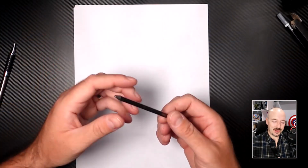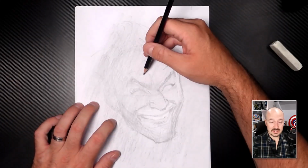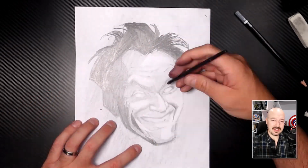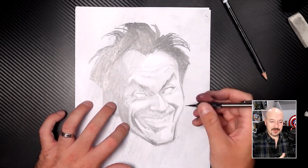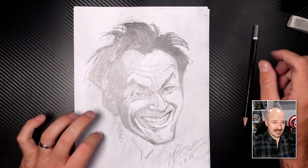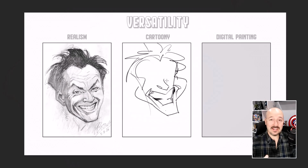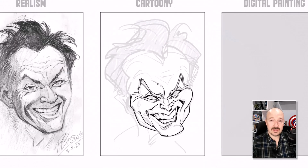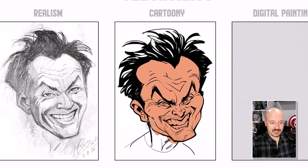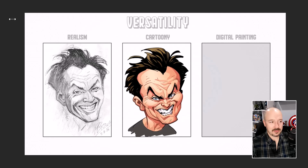I created a tutorial to go alongside this monthly project, so I had a bit of fun with versatility myself. I chose Jack Nicholson as a subject. I wasn't really happy with my life drawing. The cartoony one was pretty fun and wacky, and then I did some digital painting at the end, which was a lot of fun too. I did feel a little rusty in the life drawing. I haven't done that for a few years. I mostly focus on stylized kind of characters, so yeah, it was a big challenge for me as well, and